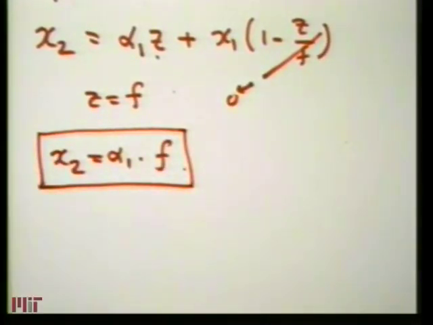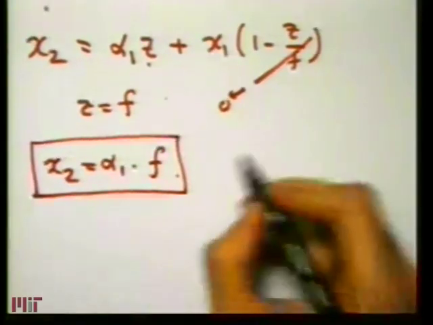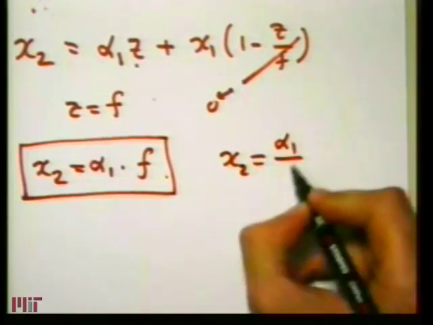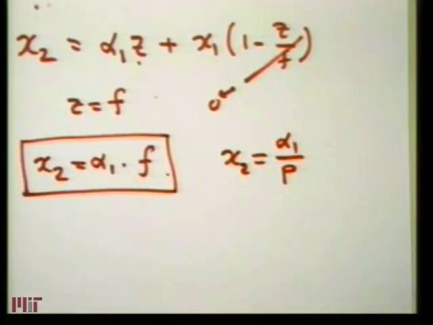So this is the equation for the elevation of the focus for a parallel ray bundle that is arriving non-horizontal from infinity at some angle alpha 1. So you can also write this equation. It is not on the slide. I will just write it on the whiteboard. x2 equals alpha 1 over the power, the optical power of the system.